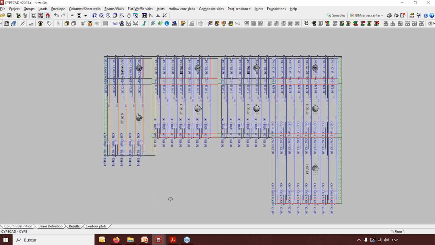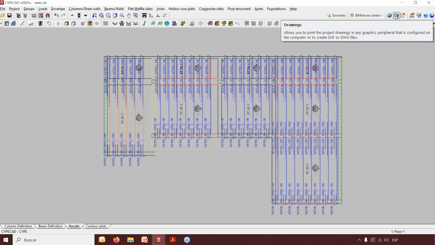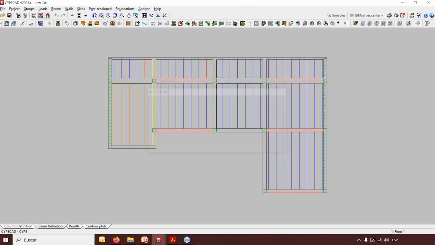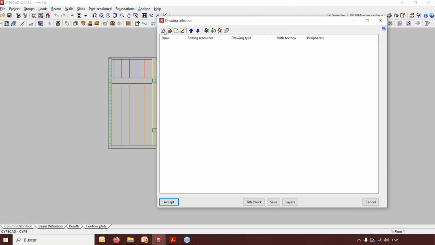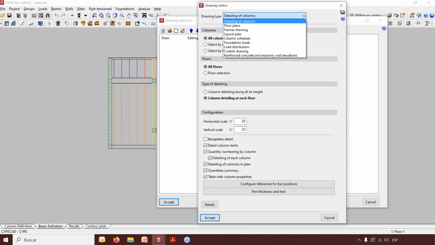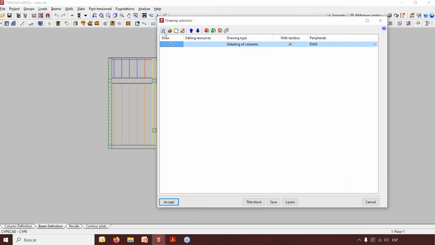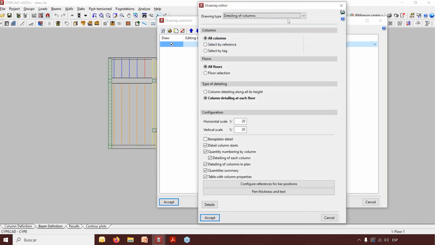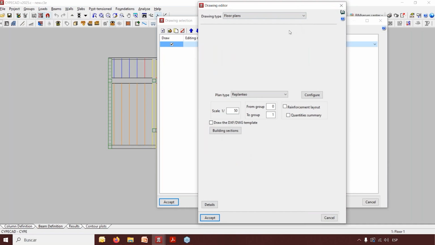the results. So the software can actually come in here to reports and the drawings. The outputs that we can take from CYPECAD are that we can easily generate multiple kinds of plans. The software generates them automatically. So let's, for example, select the detailing of the columns, which we didn't consult the results for, but we have access to the